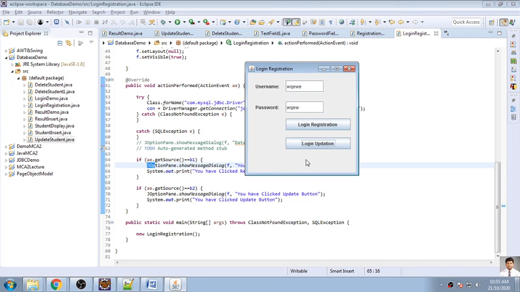For that purpose, the result set functionalities we have to change. So I will go for that one, and we'll meet tomorrow with the last concept of connection pooling, and we'll continue with this problem tomorrow, and we'll add some new features of insert, update and delete as far as a login registration form is concerned. So all the 3 operations will be completed tomorrow, along with the last concept of this chapter.